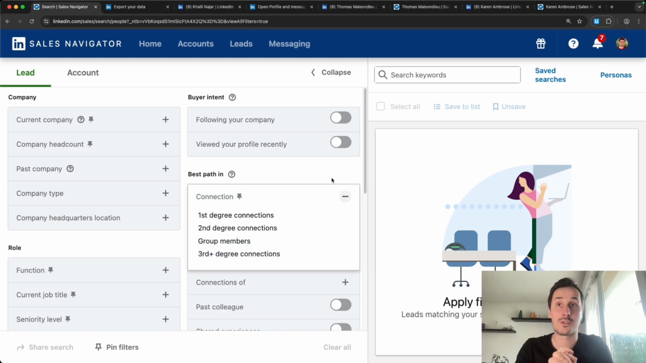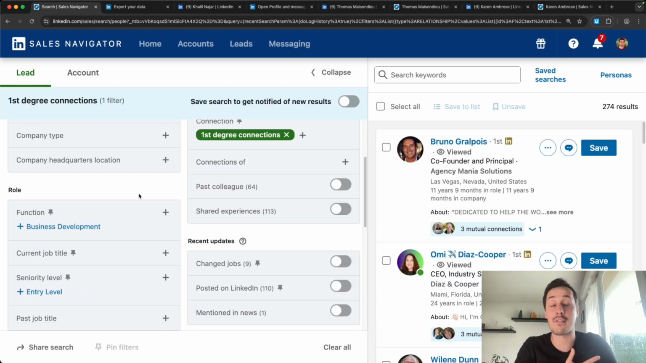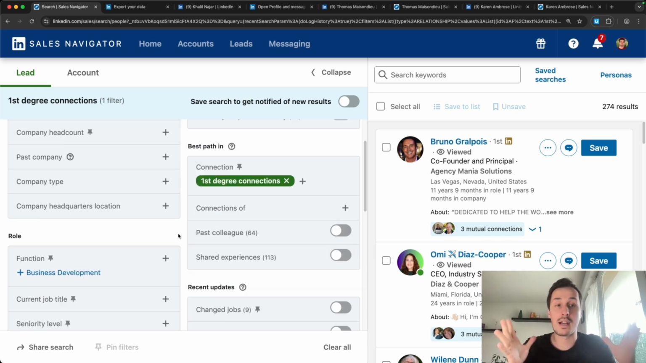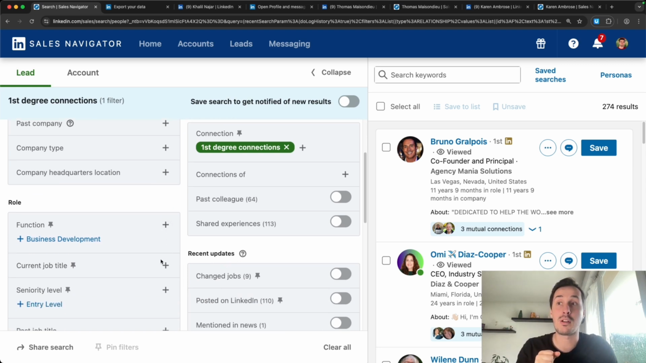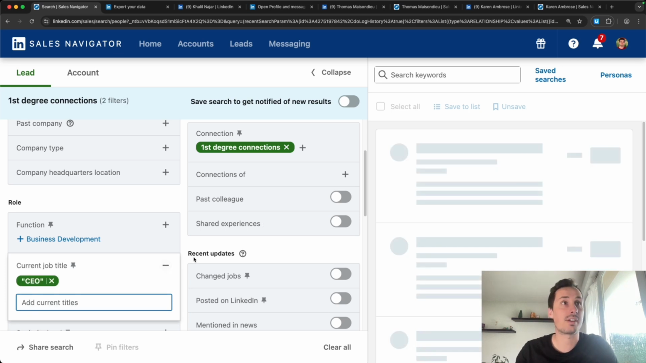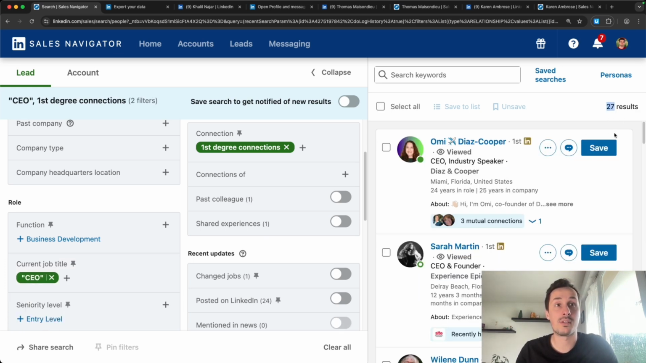So if you want to target your first degree connections, you have to click here on first degree connections. And what's good with Sales Navigator, you have all the filters to filter people that are interesting for you. So for example, let's say that I want in my first degree network, people with the current job title CEO. Press enter. And then, as you can see, I have 27 results from people that are CEO in my first